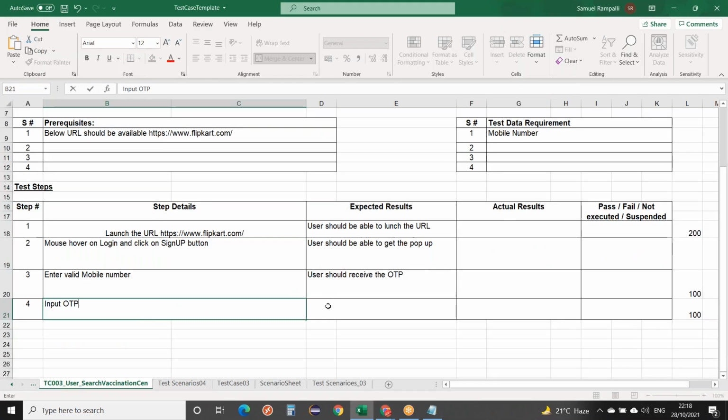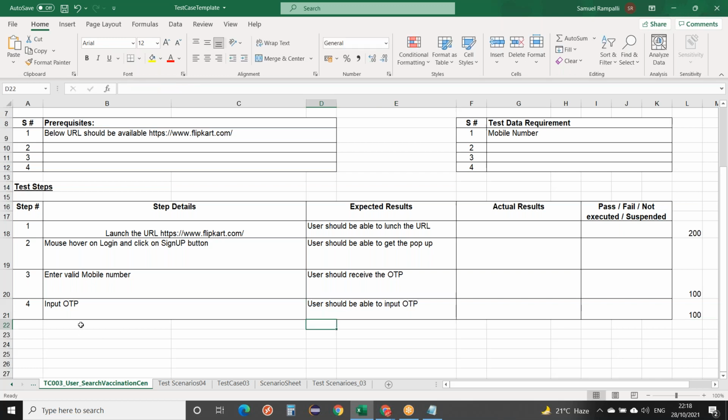Input OTP and then set password. The user should be able to input the OTP. Next is input the password, and the user should be able to input the password. That should come in step 5. Next is step 6, the user is able to sign up.